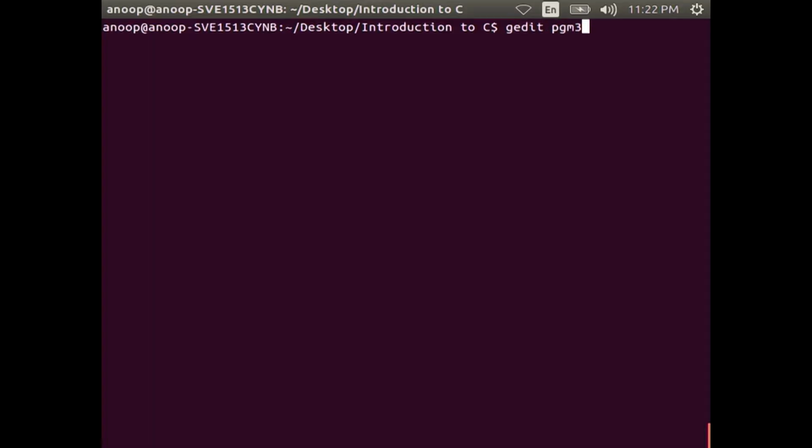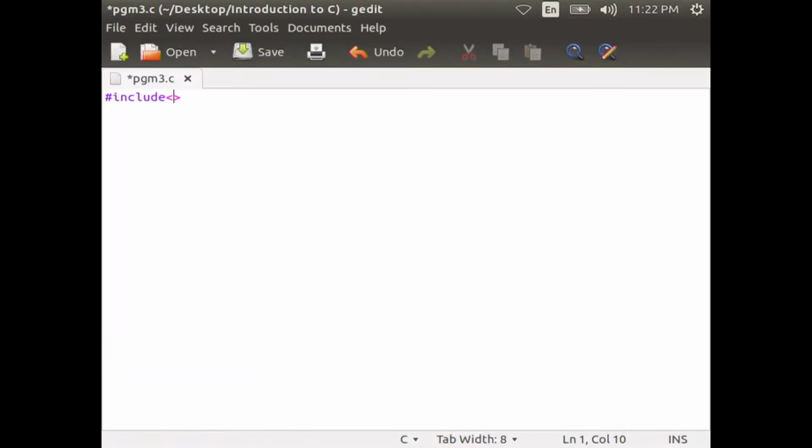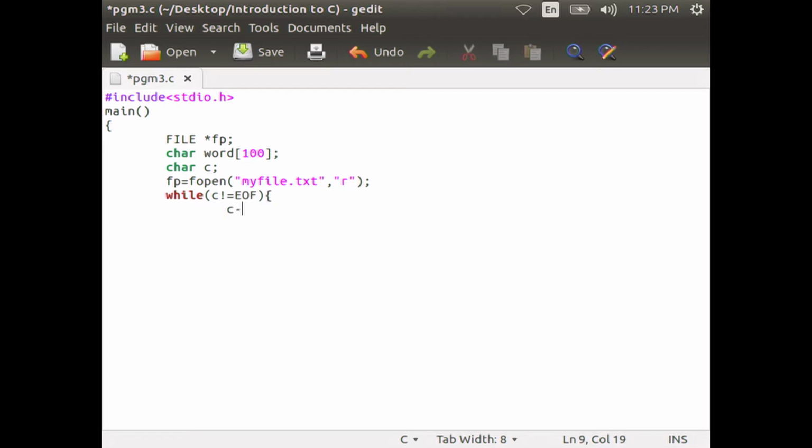Now, let us type this program: #include <stdio.h> main() { FILE *fp; char word[100]; char c; fp = fopen("myfile.txt", "r"); while (c != EOF) { c = fscanf(fp, "%s", word);